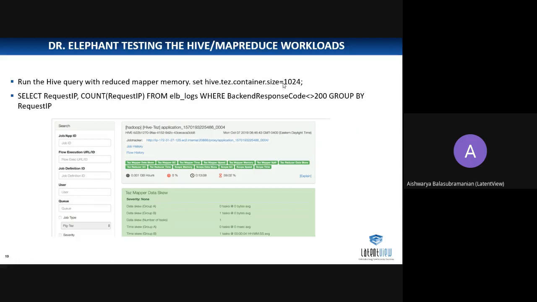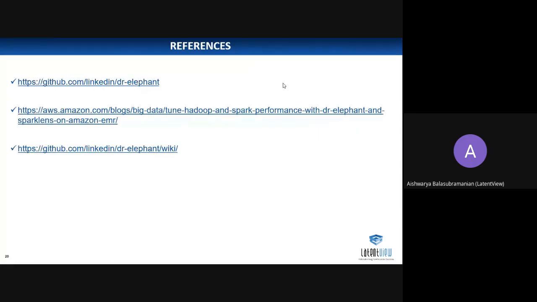Without developer effort, you can understand what the problem is, and you already have the suggestions. Taking all those suggestions into consideration, you can arrive at a conclusion and use this, so that from the next run you will have everything ready, and your job will be running in a more and more optimized manner. So this is what we wanted to explain about Dr. Elephant.